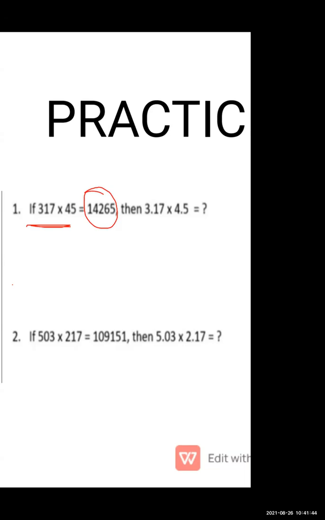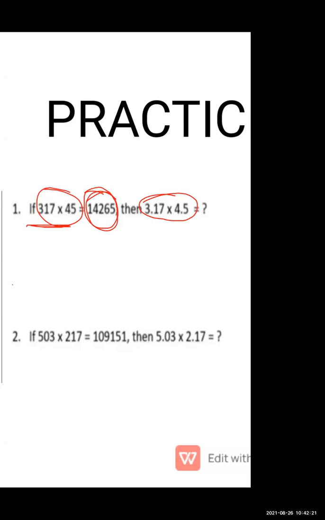Then if 3.75 is multiplied by 4.5, it means the number is the same. You can see the number is the same, but they have given the decimal point. So what will be the answer? The answer will also be the same, only we have to write the decimal point. In the example just now, I have explained the first and second question. Both our numbers are the same, but there is a decimal point, so we have to write only the decimal point. The answer will come the same. Yes, most of the students gave me the answer also. Very good.